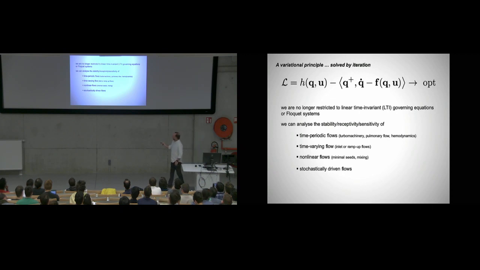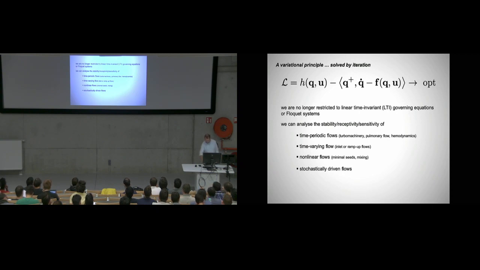So we can treat time periodic flows, for example, turbomachinery, blade passing. Pulmonary flow, hemodynamics, time varying inlet flow, ramp-up flows. You can have nonlinear flows. This F can be nonlinear. I'm going to show you an example later on where we have a nonlinear flow. Mixing. They can even be stochastic with some uncertainty thrown in. You have to formulate it a tiny little bit differently to go statistical, but nevertheless, that framework can more or less handle anything you throw at it. The optimization may be difficult, but certainly you can write down in all generality what you would like to know